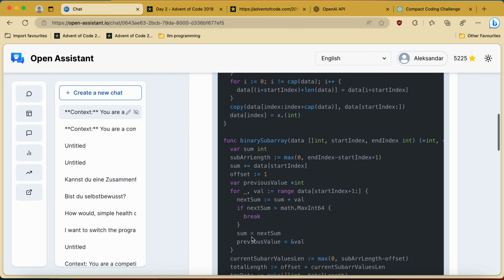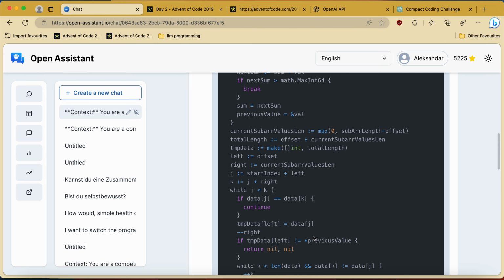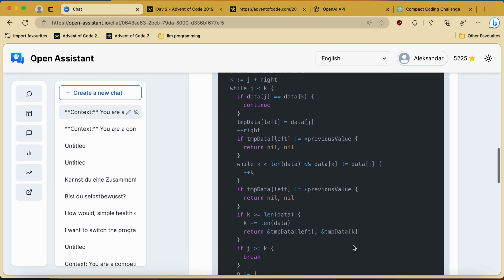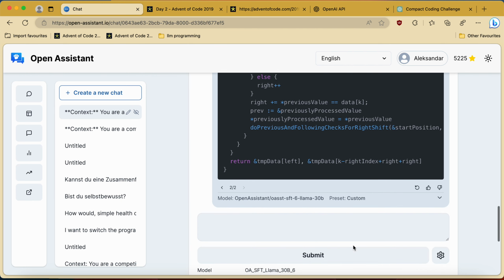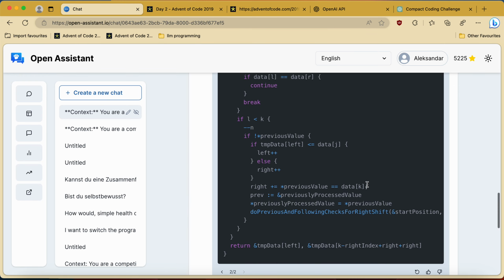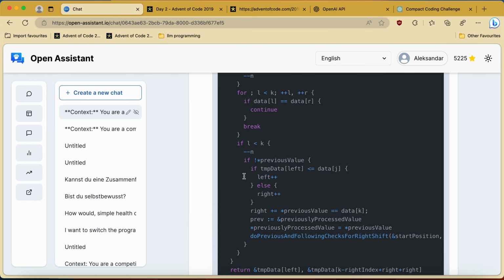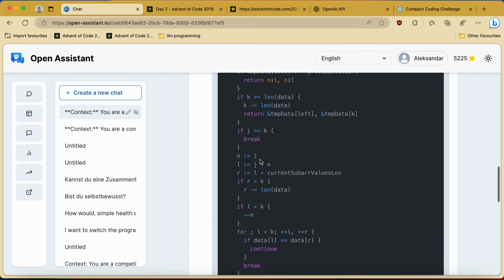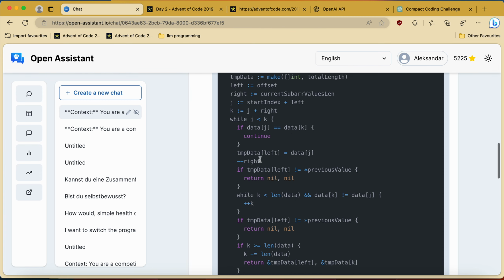After the half of the token size, this 1024, it's simply getting out of control,